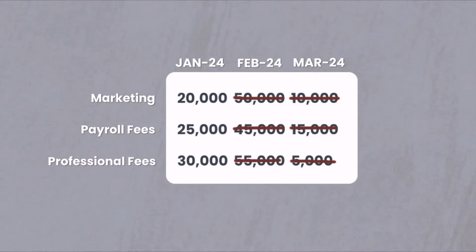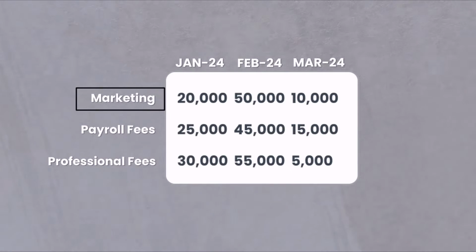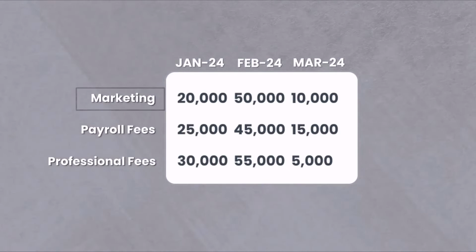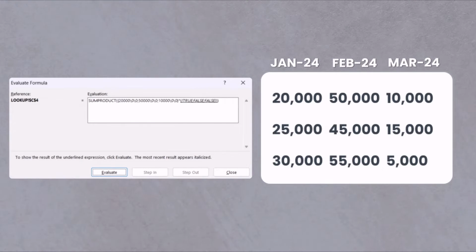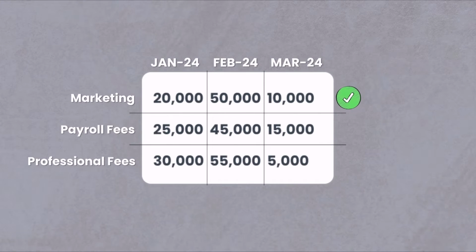But I have one more condition, and that's to find the value that matches this account. So once more, I'll hit evaluate. And as you can see with my accounts here, Excel is evaluating which one equals the account selected. And again, the value is in the number 1 spot over here. So Excel converted my range to true, false,